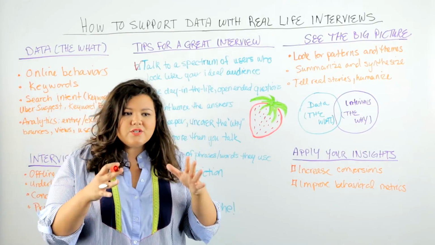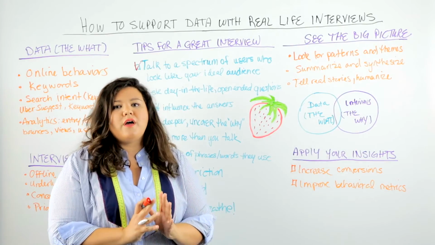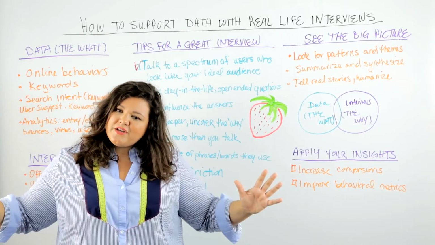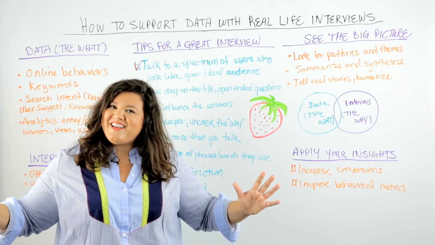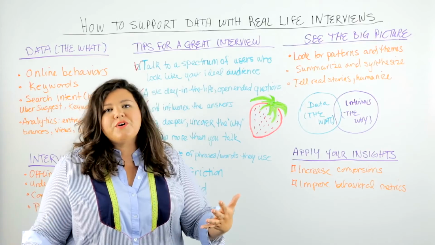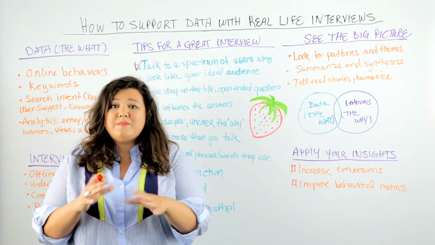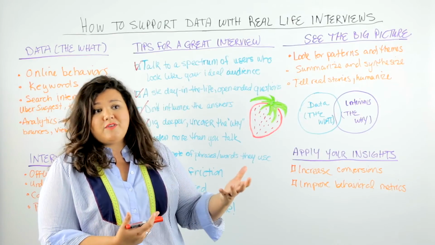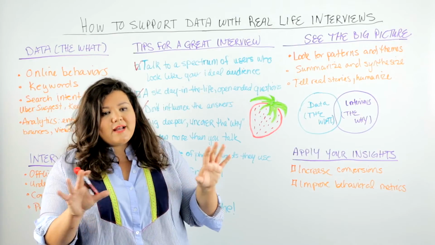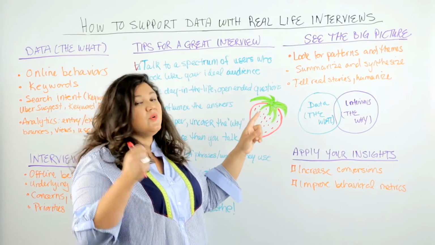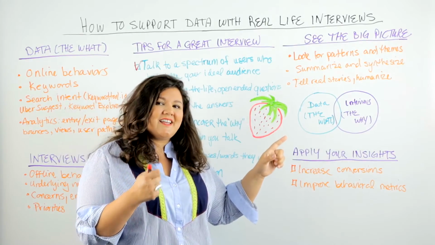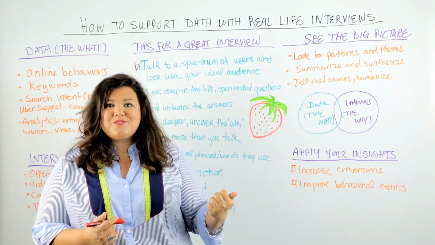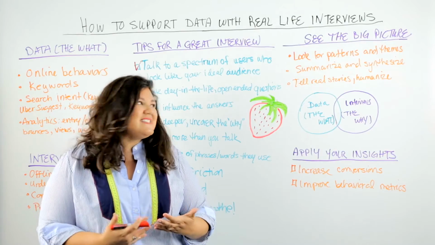Once you've finished and wrapped up those interviews, take a step back. Don't get too focused or caught up on just one of the results. You want to look at the data and aggregate the qualitative data and let it talk to you. What stories are there? Are you seeing any patterns or themes that you can take note of? Kind of like the theme around people being worried about the berries melting. And then you can organize those findings and make sure that you summarize it and synthesize it in a way that the people who have to use those insights can make sense of.